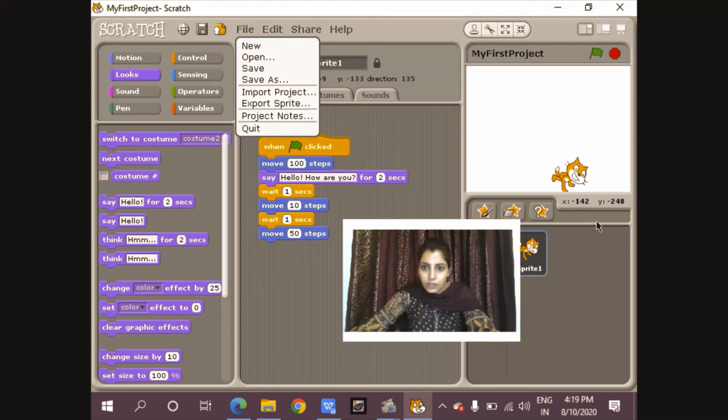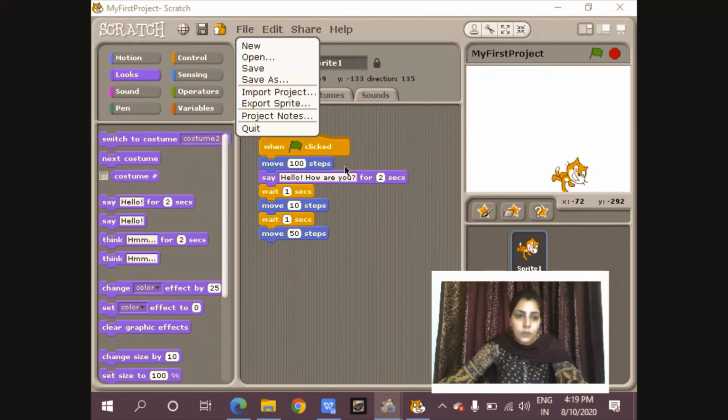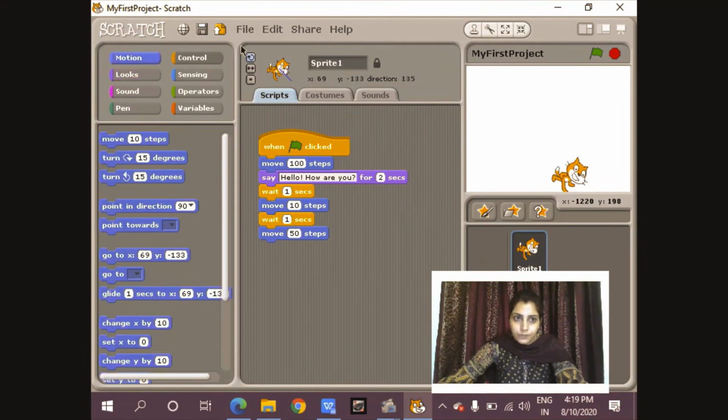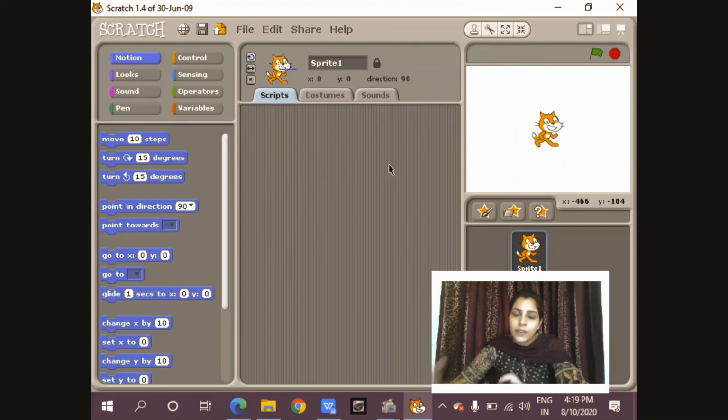And now we are discussing the motion block. Again, I'm creating one new project. So this is very interesting and fun based learning. So you will enjoy it when you are downloading and installing it at home. I'm sure you will enjoy these scripts. So create your own scripts simply,